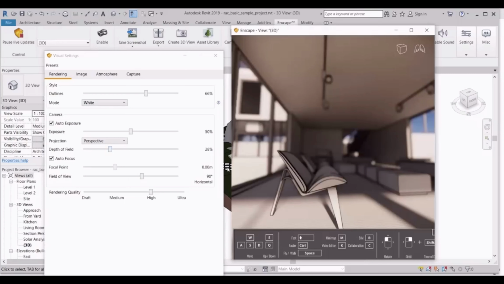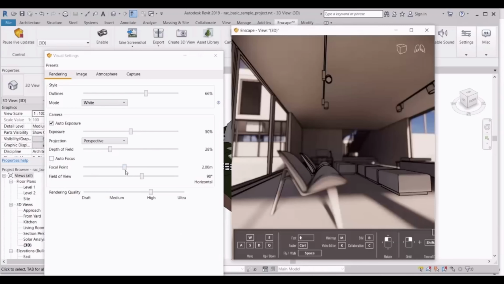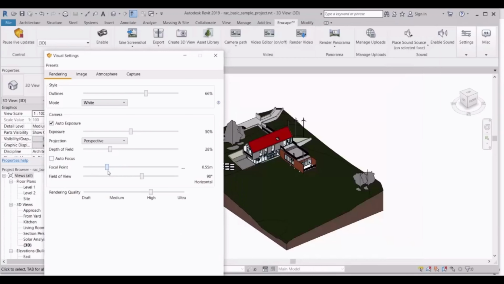So this kind of effect you can create with depth of field, and right now it is set as autofocus. If you need to change the focal point, uncheck it rather than focusing automatically, so you can change the focus.